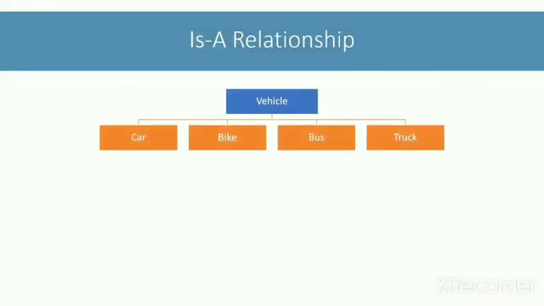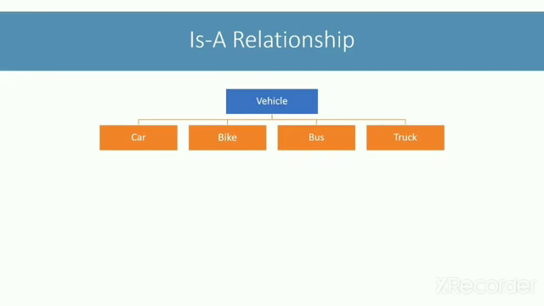Now we can say that car is a vehicle, bus is a vehicle, bike is a vehicle, auto is a vehicle, and so on. This is just one of the examples of is-a relationship around us. This helps us to conveniently say that there are many different types of vehicles on the road, rather than calling out each of the types separately.